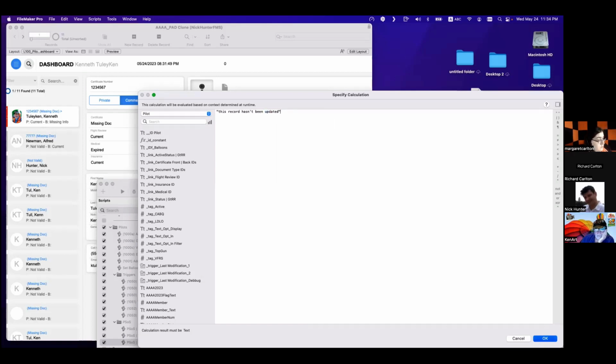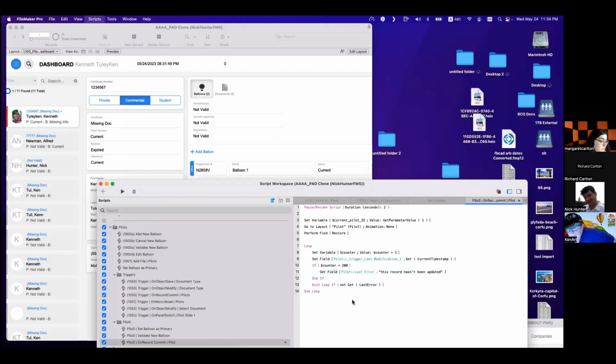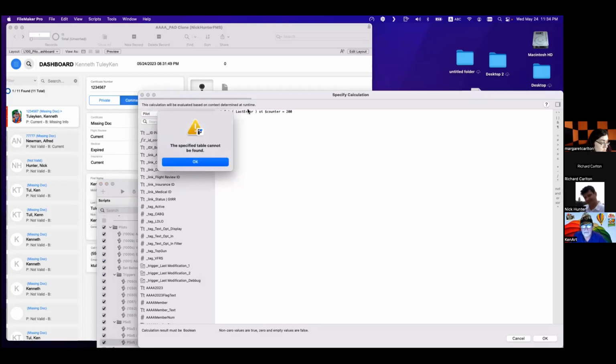Something like this, right? And then you exit loop, not on last error, right? But you exit loop on not last error or the counter equals 200.